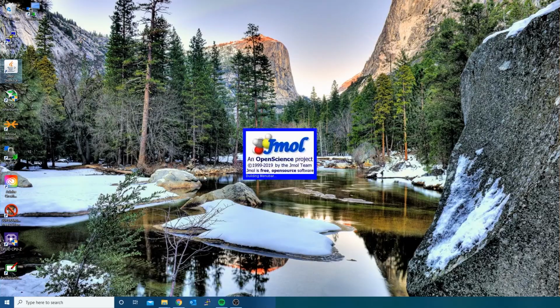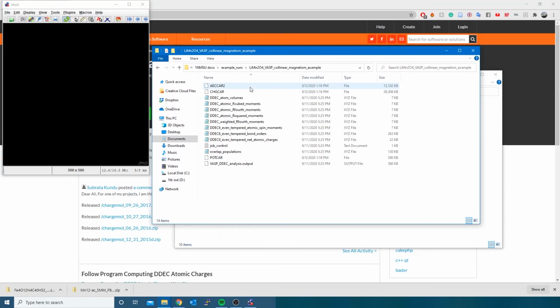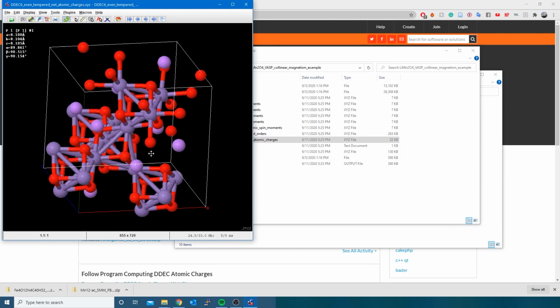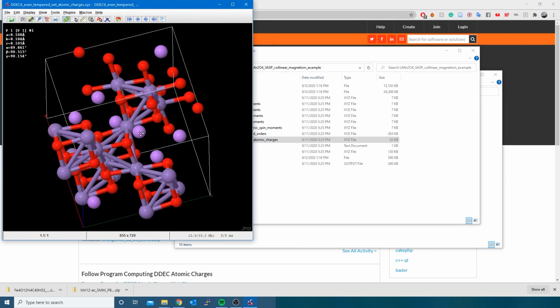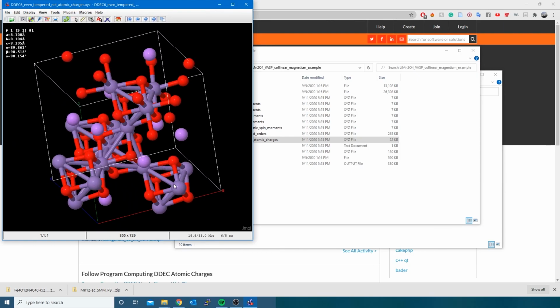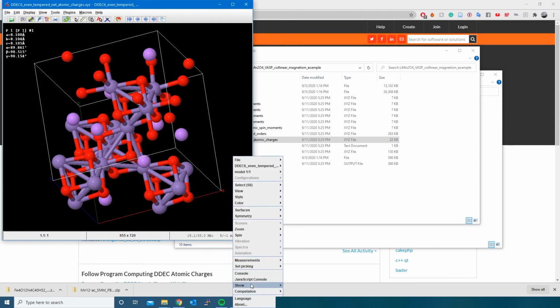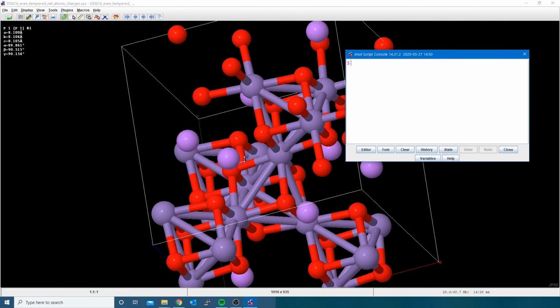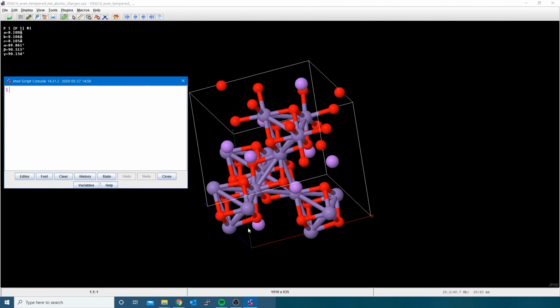A different way to analyze the output is to look at it in a graphic format in YAML, which you can also get from sourceforge.net. Open the folder with the outputs and drag the NACS output to the YAML window. Upon opening, you're going to see the material in its unit cell, which you can rotate. Now, the YAML menu is in the lower right corner where the YAML text is. Click it and then click Open Console. You can also resize by scrolling up and down with your mouse.